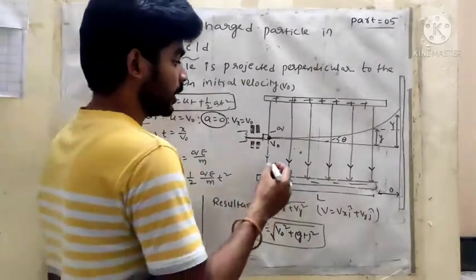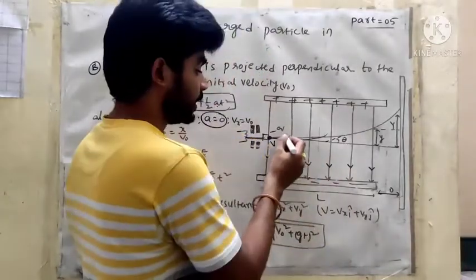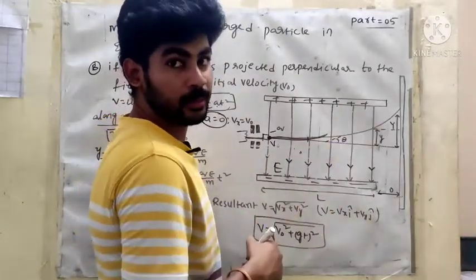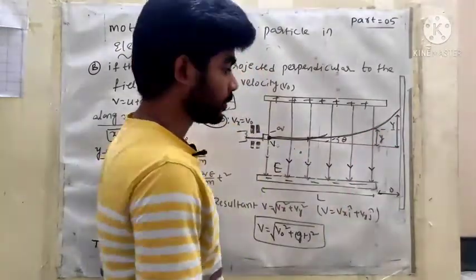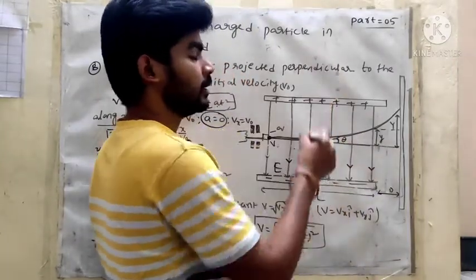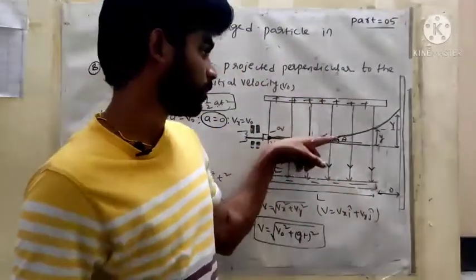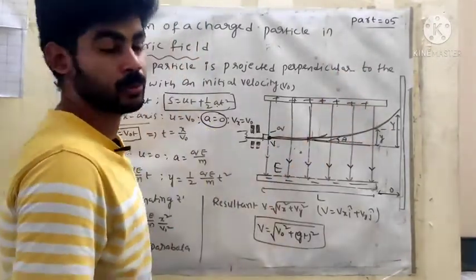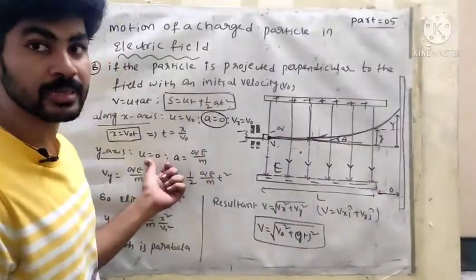Now we can discuss what happened. This negative charged particle is always attracted to the positive plate, that's why the path is changed. Up to here it maintains a uniform horizontal path, then after this it has both horizontal and vertical paths, maintaining angle theta. This side we consider along the x-axis and this side along the y-axis. Because the charged particle's path changes, it also moves vertically. That's why along the y-axis the initial velocity u is equal to 0.